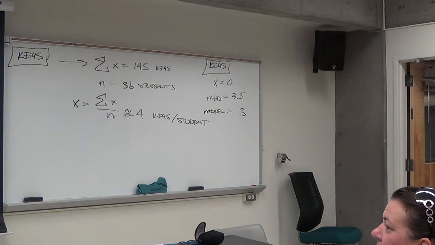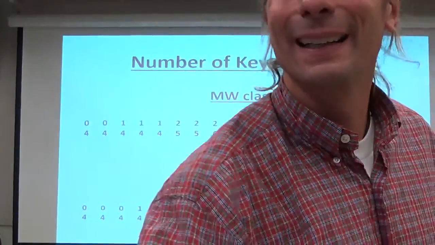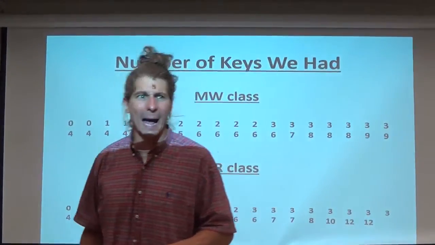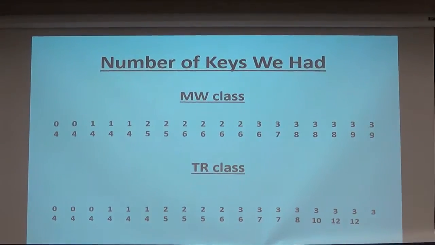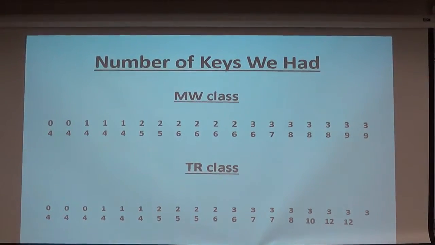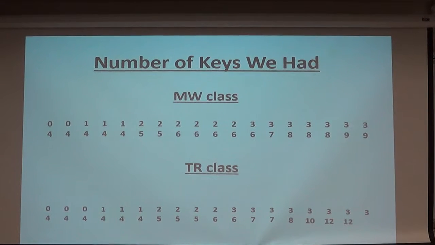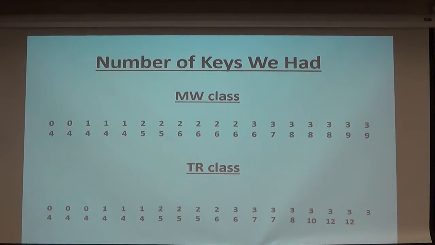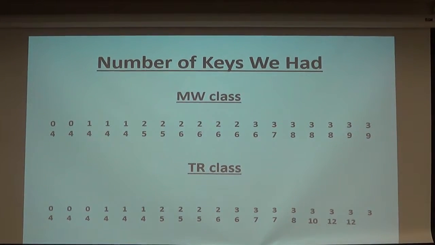Answer me questions right now if you've got them. Please, David, go. So we went from between 4 and 3 and then 3.5. We did. Will that always happen? Will it always go average, median, mode, descending? Always is a pretty strong word. It is a pretty strong word, but the thing about, thank you, Faith, yes.